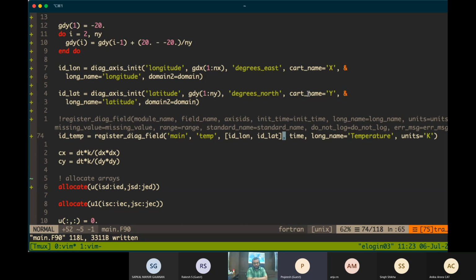Why this is required, or why it is done like this, is that through FMS you can write, let's say you have two different models or different resolutions. So the access will be different for each of these, right? So you can have, in the same NetCDF file, variables from both, which means each variable will have its own access.